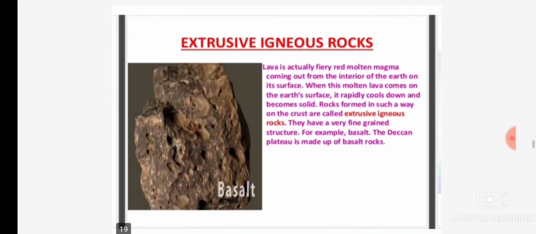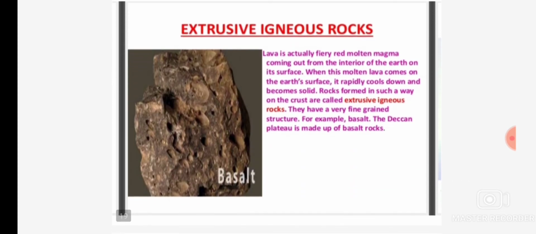First of all, let's learn about the extrusive igneous rocks. You know that igneous rocks are formed by molten magma. When that molten magma comes out through the earth's surface, cools down and gets deposited on the earth's surface, then these rocks are formed above the earth's surface, and they are known as extrusive igneous rocks. Here you can see one example of that. A picture of the rock basalt is given here, and the Deccan Plateau of our country is made up of basaltic